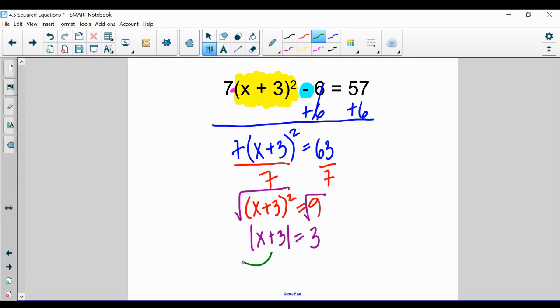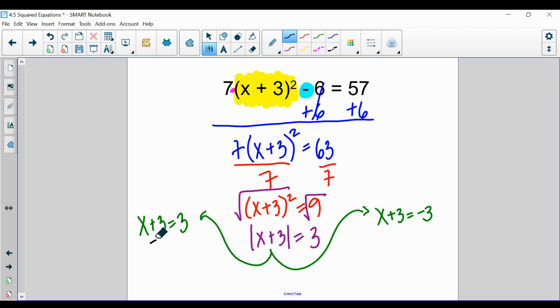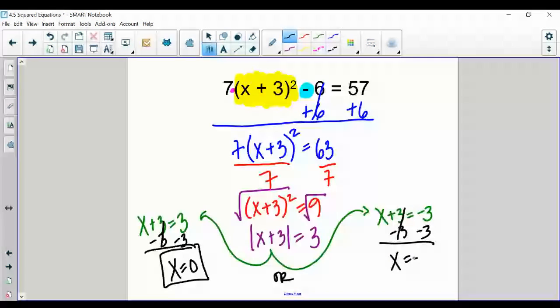Then I'm going to take my two equations. I'm going to have one equation be x plus 3 equals positive 3, and my other equation is going to be x plus 3 equals negative 3. In order to solve this, I'm going to subtract 3 from both sides. So one solution is going to be x equals 0, or my other solution is going to be x equals negative 6. So a little complicated, but it's all skills that you already know how to do,